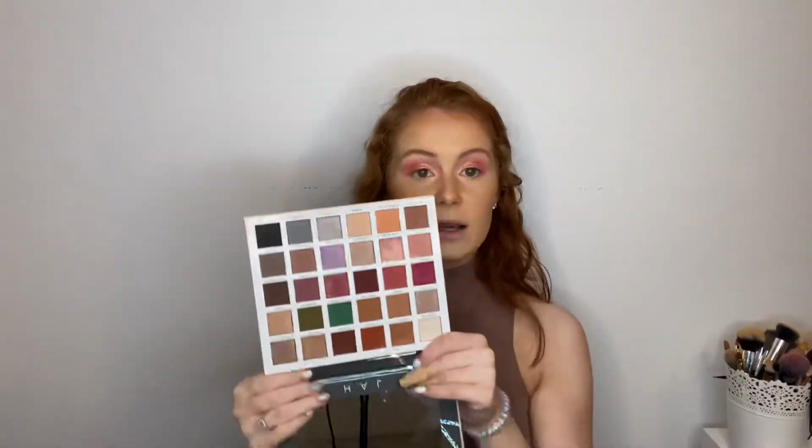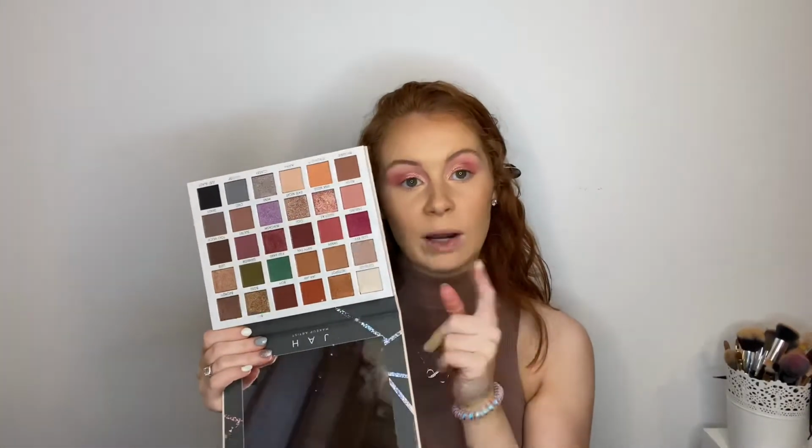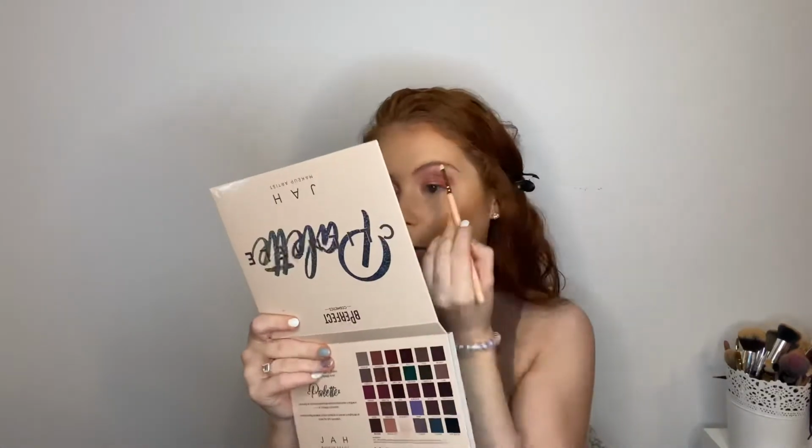They're just so pretty. Okay, so next I'm going to take this shade here, which is the shade Glow Up. It's kind of like a shimmery white, and I'm going to pop this on my brow bone and on my inner corner. And to do so, I'm literally going to be using the tiniest brush in the world. This is the Zoeva 238 Luxe Precision Shader, and I'm just going to take that shade Glow Up and put it,